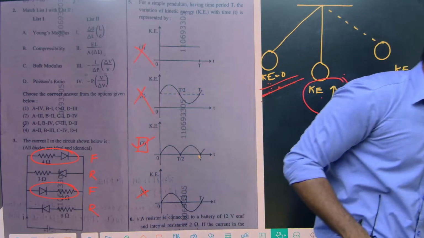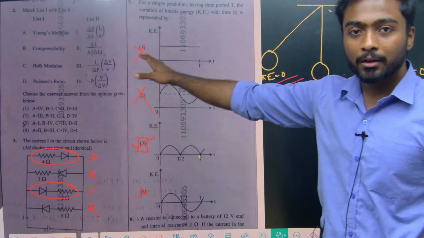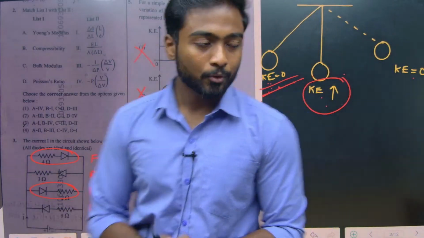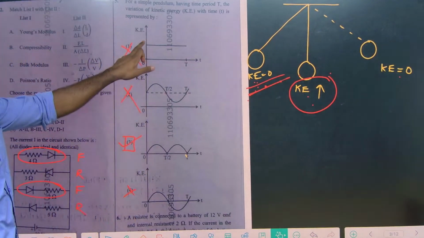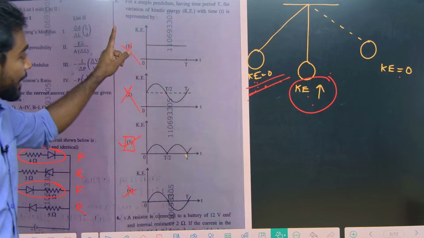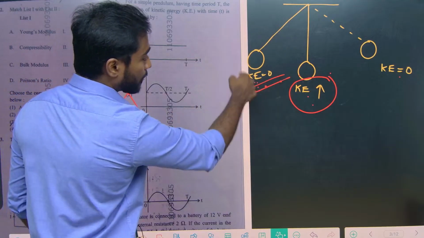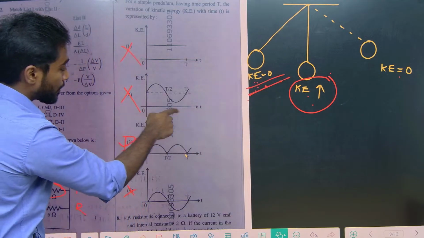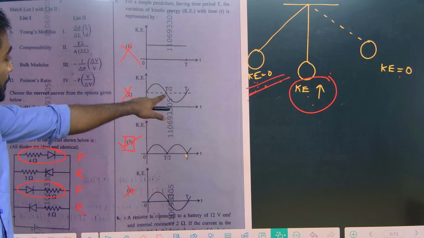So once again explain, sir, please. I'll explain, no issues. I'll complete this fifth question and then we'll go for the first, second, third and fourth. Okay, so when I talk about the first option, it's constant, so obviously I can eliminate option 1. And the second option, as we have talked, it went to 0, but in this graph it doesn't even touch the 0 value. So I can eliminate this also.